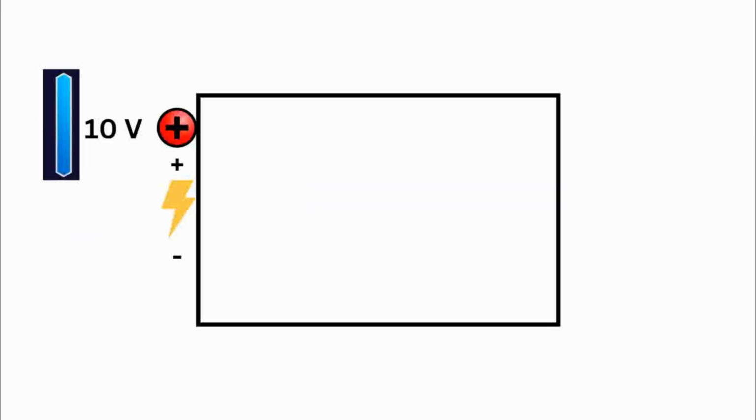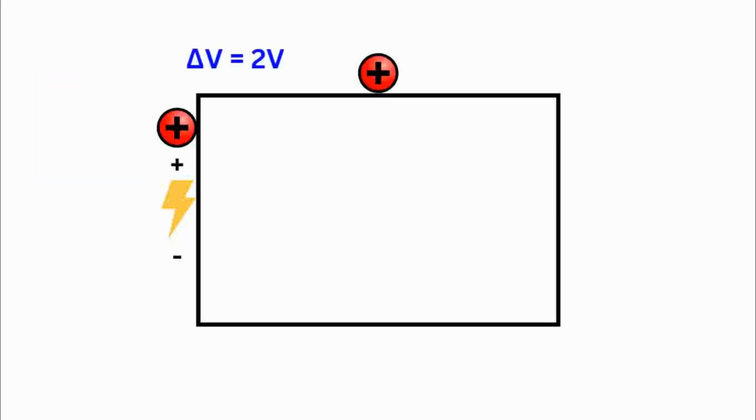And the same can be said for charges. Let's try to compare a charge at the very start versus a charge later on. So you can see that there's a difference in potential between these 2 points, right? In order for the charge to go from 10 to 8, its difference in potential was 2 volts. It had to use 2 volts to get to that point. You could say that their potential difference is 2 volts. And in between these charges, you could say that the potential difference of the segment of wire is 2 volts.